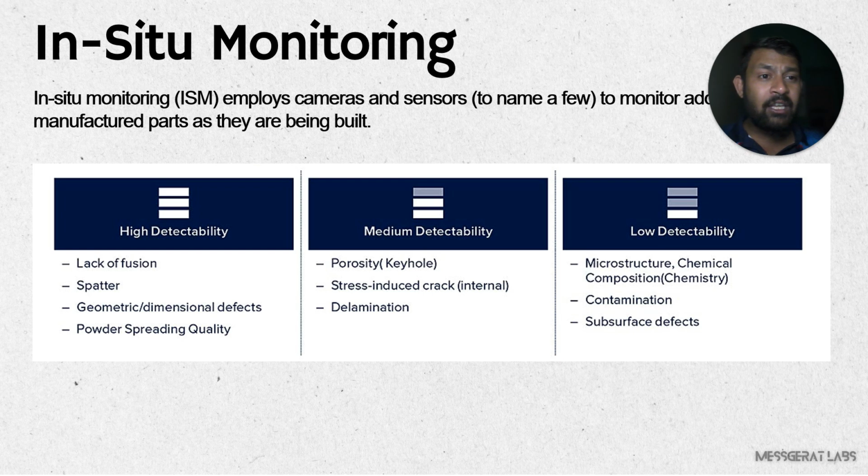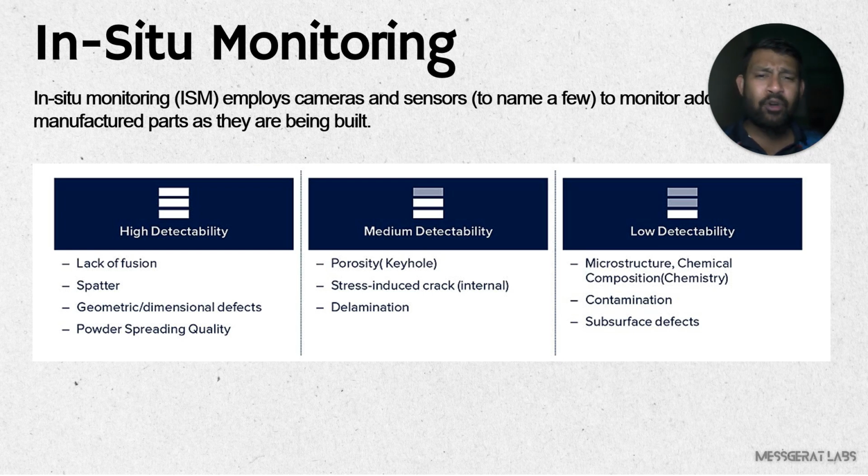For example, you can easily detect a lack of fusion. You can easily detect if there is a high amount of spatter generation in selective laser melting. Now, this camera technique is largely used in laser powder bed fusion of metals, because those are very expensive equipments, and even metal parts are expensive parts. So